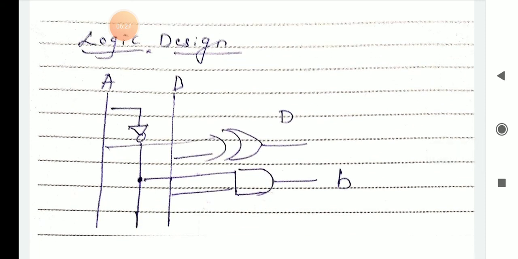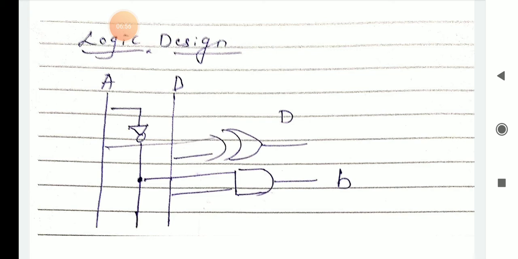Then borrow, A bar B, is the expression there. Whenever that NOT gate is there, you can take that one line, and you can take one B line. So combine these two, we are getting A bar B. A bar dot B means what? AND gate. So you can draw the symbol of the AND gate. So this is the logical design for the half subtractor, or implementation of ALU design by using a half subtractor.